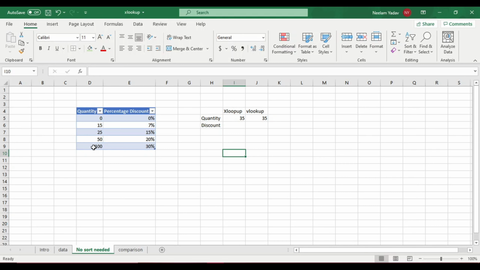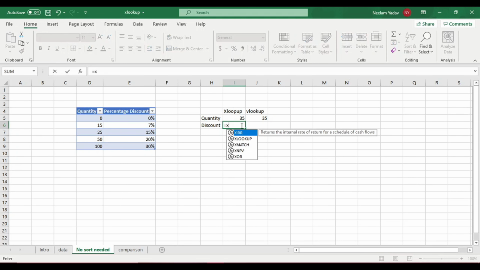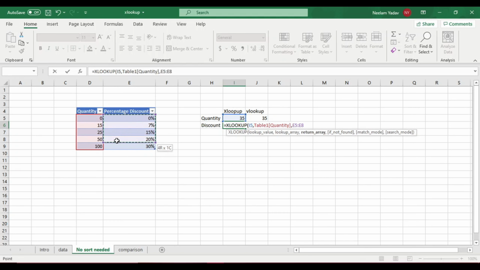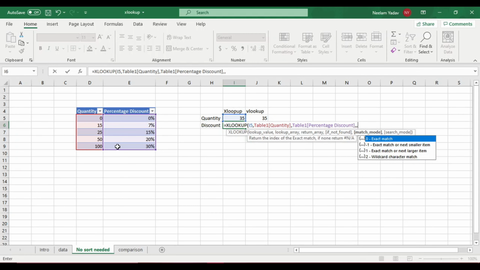Say here we have quantity, and the percentage discount based on the quantity. And if we look for something which is intermediate to this, I give XLOOKUP, I am looking for this value. Lookup array would be this, return array would be this. If not found, I'm not giving, and we are searching for exact match or the next smaller item.